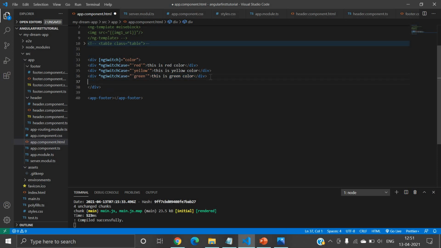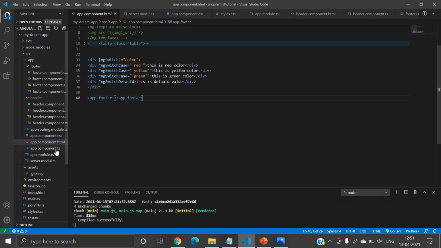So I will just use here ng switch default, and here I will write, this is default value.